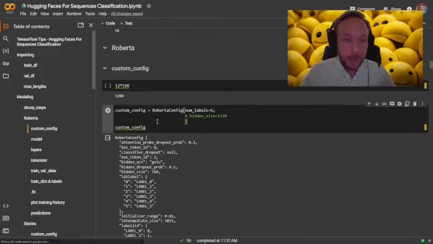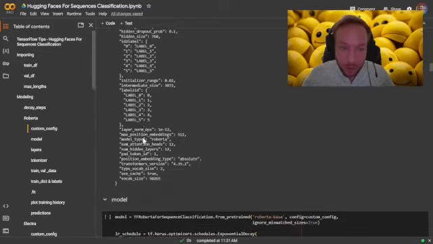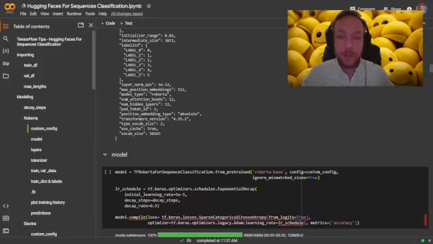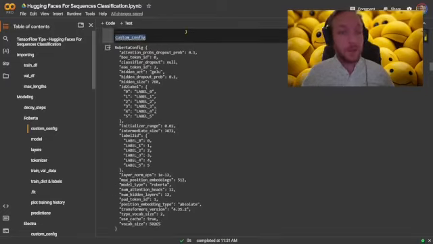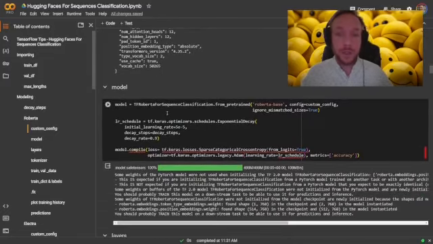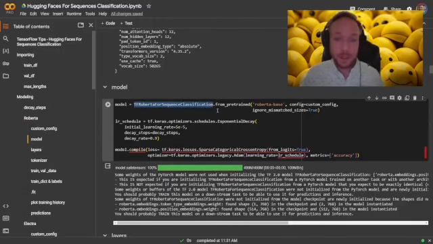Now the config file. Going with Roberta first today, looking at the Roberta config, this is where we can set the num_labels. You can set different things; here are all the different options if you want to play around with this, and you can get a custom config file. The config file is how you set the hyperparameters in your transformer model. Next I'm going to use TF Roberta for sequence classification, from_pretrained with the Roberta base config file,